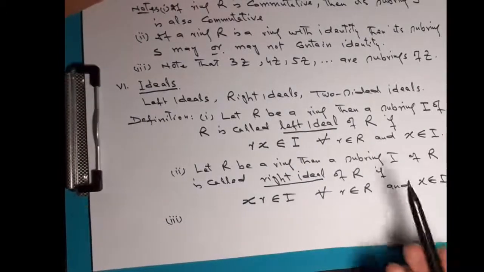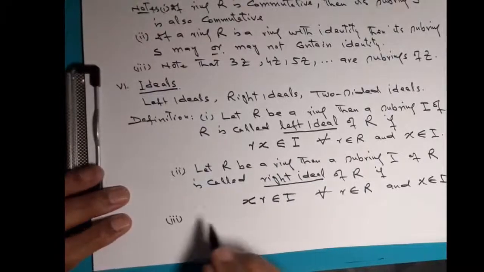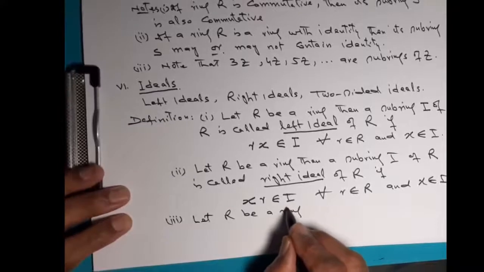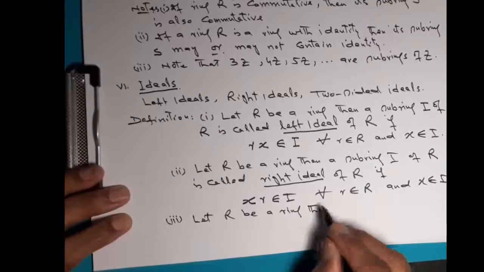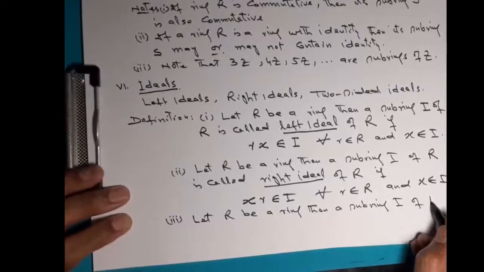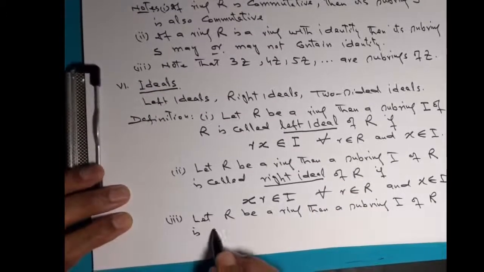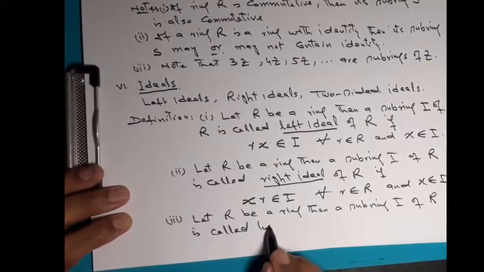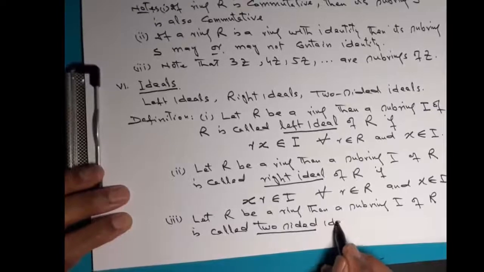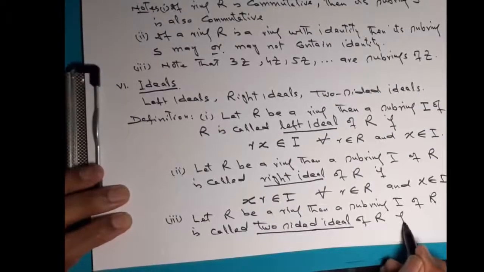साइडेड आइडियल में, टू साइडेड आइडियल की डेफिनेशन में ये कंडीशन भी होल्ड करेगी और ये कंडीशन भी होल्ड करेगी। सो लेट्स डिफाइन दैट। Let R be a ring, then a subring I of R is called two-sided ideal of R if कंडीशन का आपको अंदाज़ा है क्या होगी इस केस में।